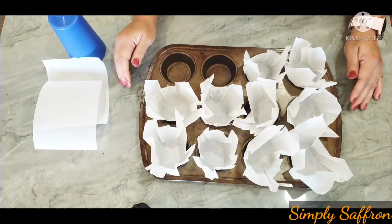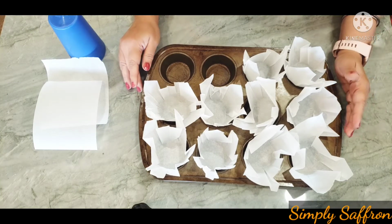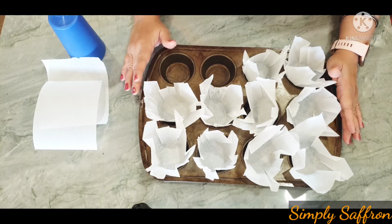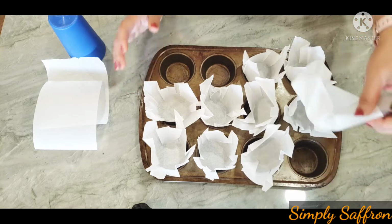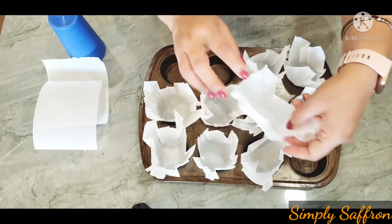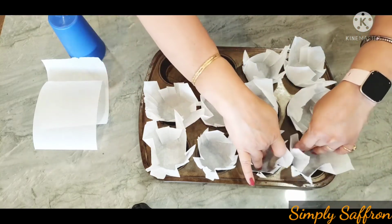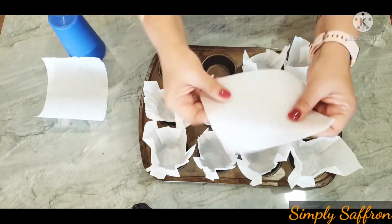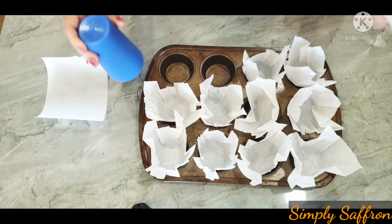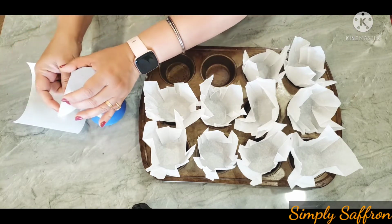To start with the recipe, first I'm going to show you a very easy trick to make the cupcake liners or the muffin liners. Now if you don't have a muffin liner or a cupcake liner paper, you can do it at home. These are parchment papers, so I'll show you how to do it. This is a very easy trick. You have a square parchment paper and you have a glass here, so we'll just put this on top of it and